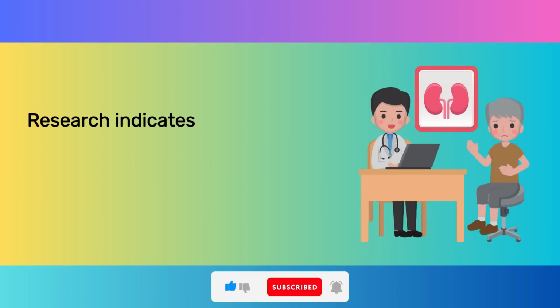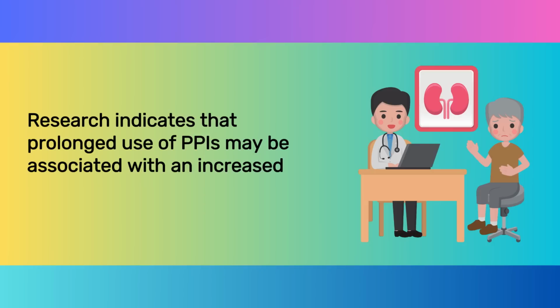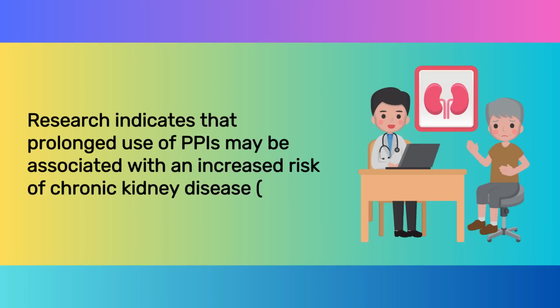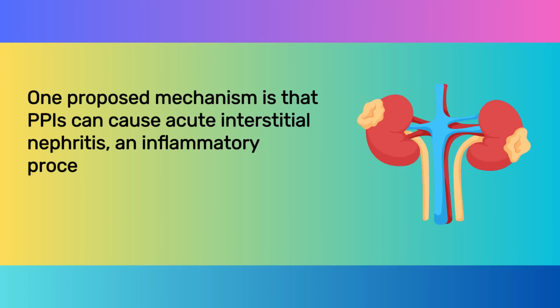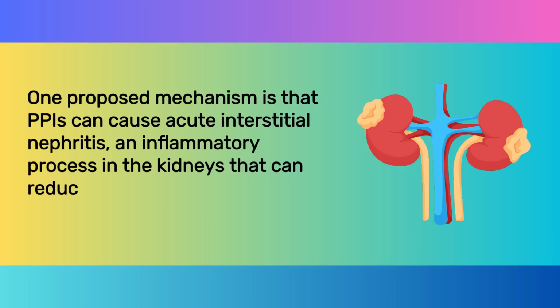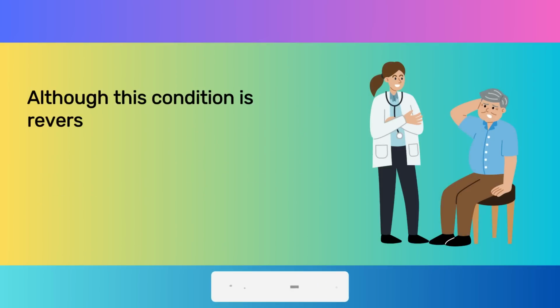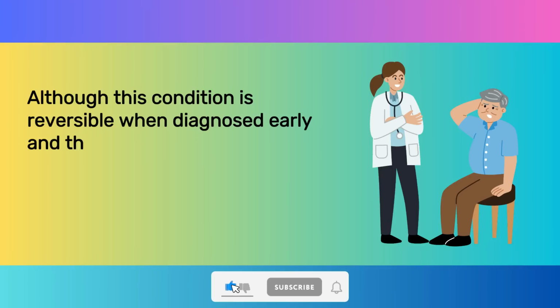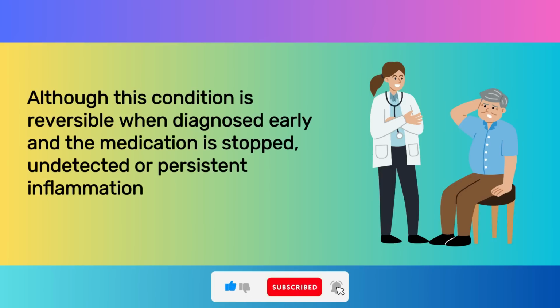Research indicates that prolonged use of PPIs may be associated with an increased risk of chronic kidney disease, CKD. One proposed mechanism is that PPIs can cause acute interstitial nephritis, an inflammatory process in the kidneys that can reduce their ability to filter waste from the blood. Although this condition is reversible when diagnosed early and the medication is stopped, undetected or persistent inflammation can lead to